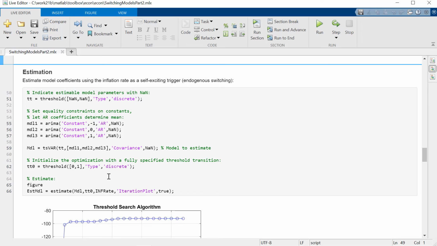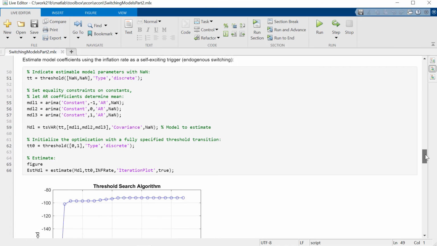And in this case, all you need to specify is initial values for the threshold levels. So we create this threshold transition object, say starting values for our levels might be 0, a cutoff between inflation and deflation, and 1 somewhere in the middle of our typical inflation rates. And that just gives the optimizer a kickstart, allows it to get started. We'll see that it will then search the log likelihood surface for this model until it finds optimal values for those actual threshold levels.